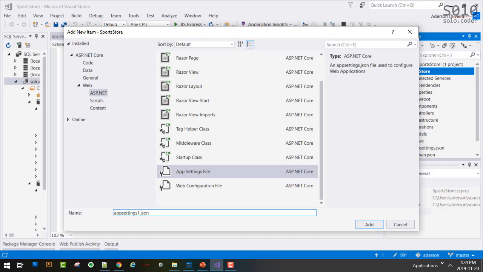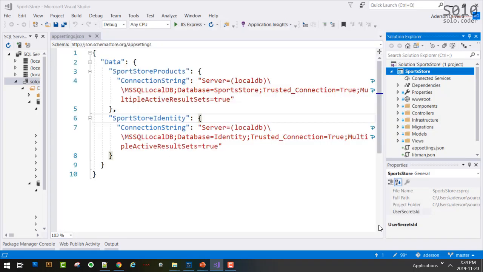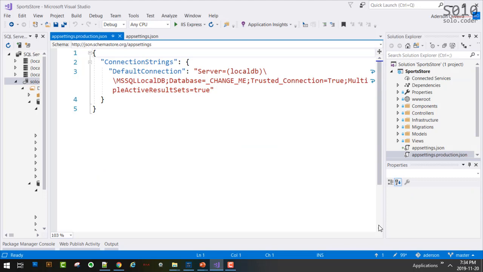The name that you're going to be adding here is very important. So it's dot production. Again, very important because everything will go back to this name, production. Okay? So appsettings.production.json. Let's hit add. We have a new file.